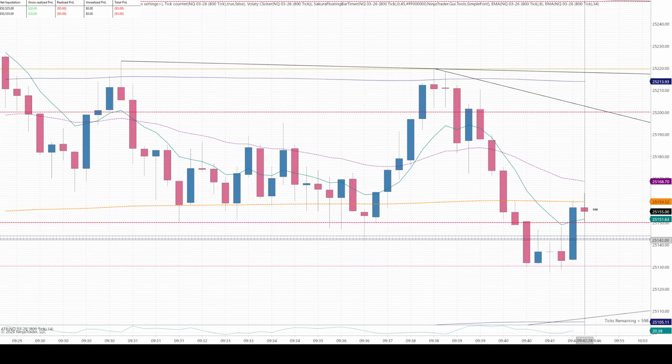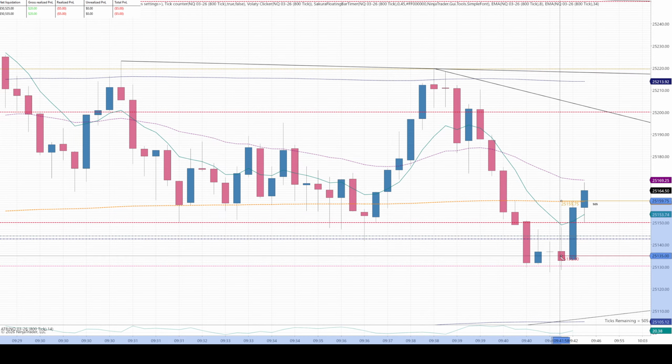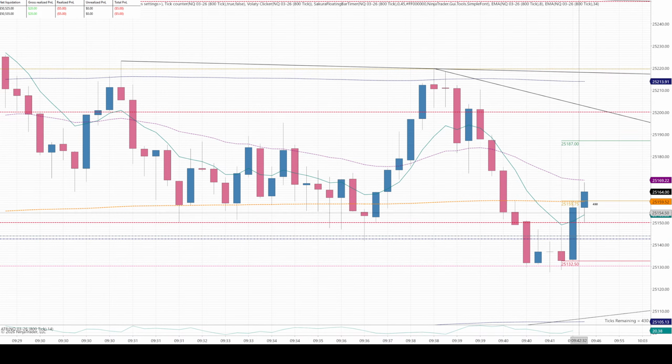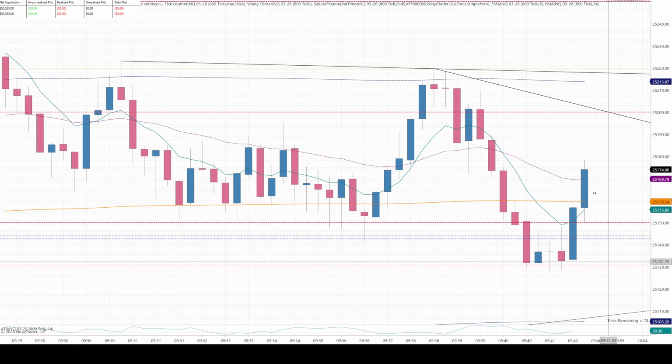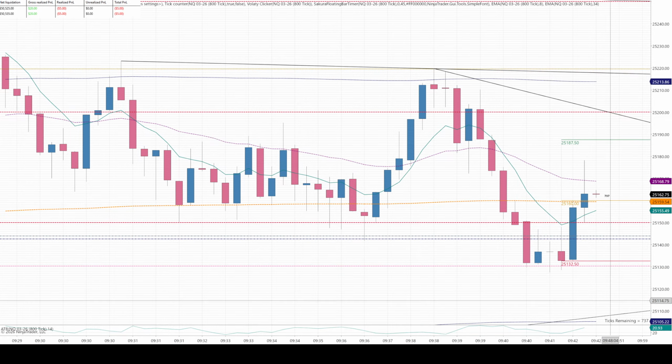Like, for example, right here, I mean, it's obvious that the measured move is going to run into VWAP, the 34 EMA, so I don't take this move here. I mean, this one's more obvious. But if it's not obvious, I will draw out the move. But this is the move I'm keeping track of, right? This is the bullish move that did trigger. This is the expected move of that move to the upside. The target is 87.50.